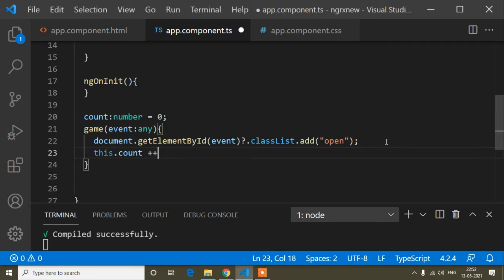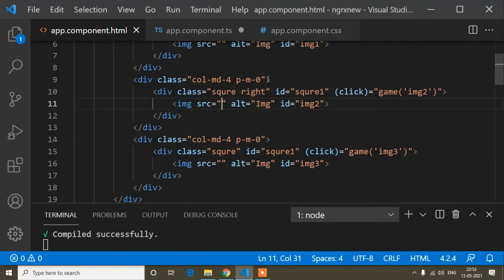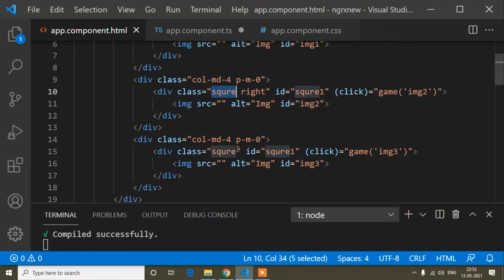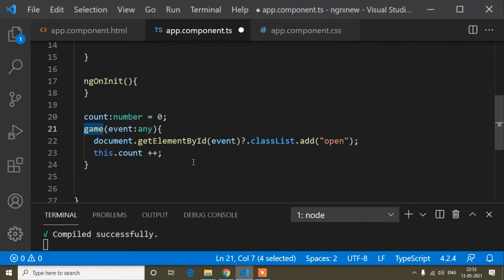That means when I click this game method, which I have passed to every box, every square, the count will be increased when I click any box.